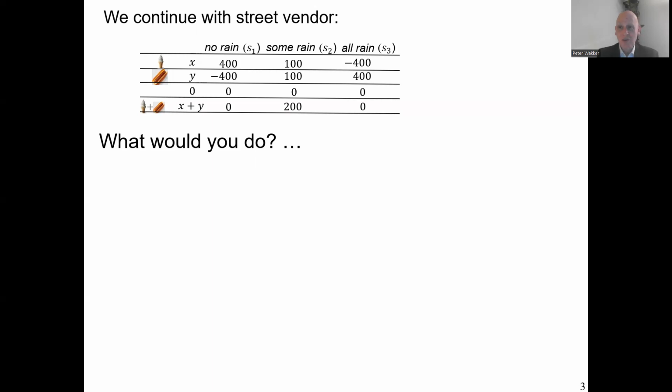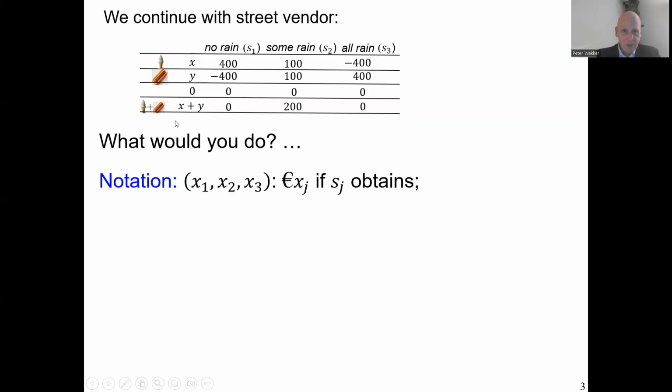But now I want to introduce some formal notation to prepare for the things that we're going to do the rest of this meeting. First, I'm going to introduce a notation with tuples of numbers. Here's an element from R3, a tuple of real numbers. This is a merchandise where you gain x1 euro for event S1, no rain, x2 euro for event S2, some rain, x3 euro for event S3, all rain. So this specifies simply for every event how much money you make. We are assuming that the only thing that you care about is how much money you make. So then this notation can be convenient and good for your purposes.